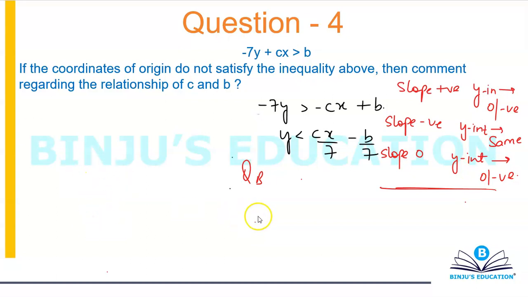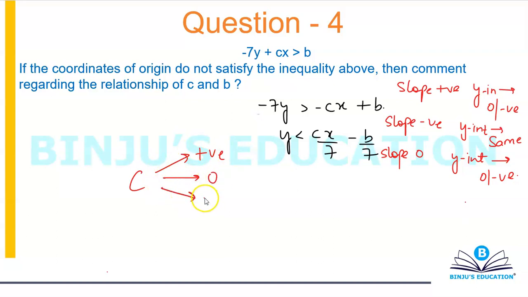However, again the point here is that you need to understand that it's about the concept. In these videos, I'm teaching you the concept so that you learn and grasp the thing. So let's figure out the signs first of all. I can say that the sign of C, since slope is negative, positive, 0, so C can be positive, C can be 0, C can be negative. Any of the 3 is possible.